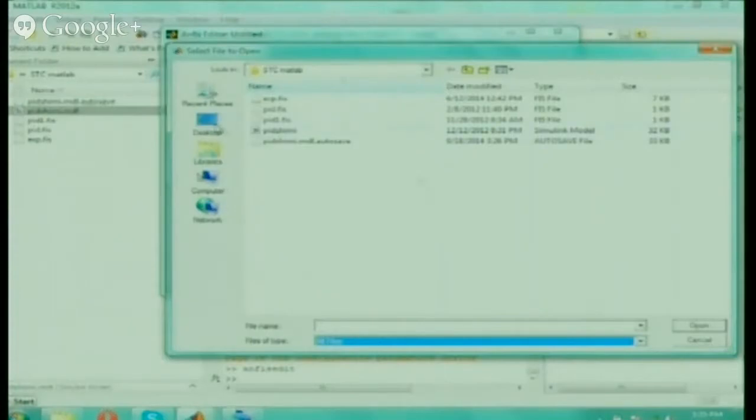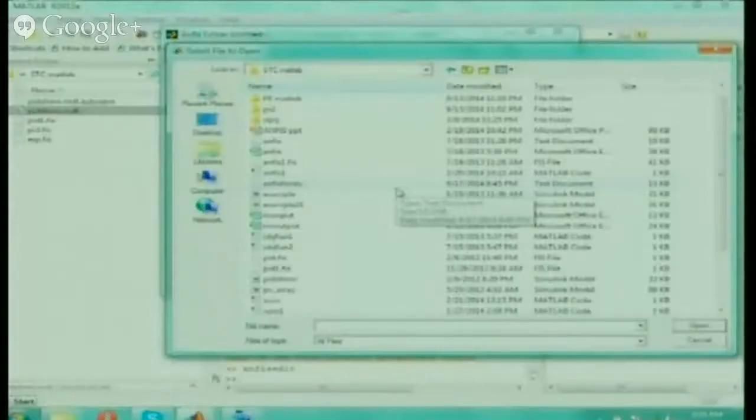I have kept all the files in MATLAB. So here, for ANFIS, you can have the data in Notepad as well as Excel.